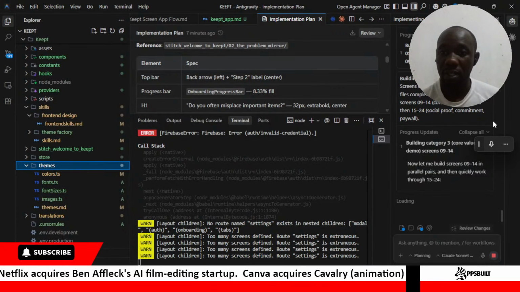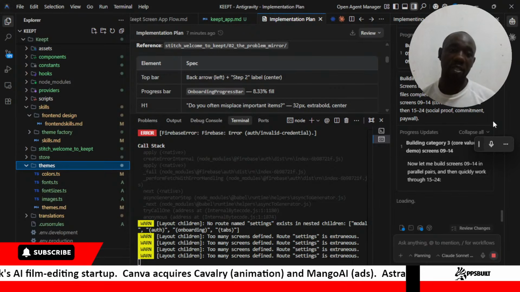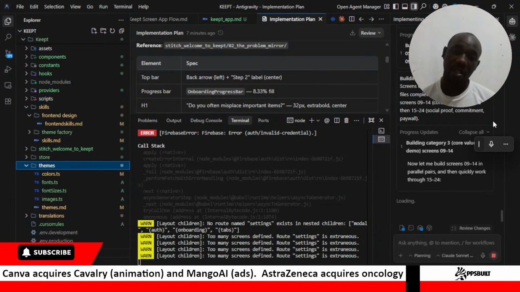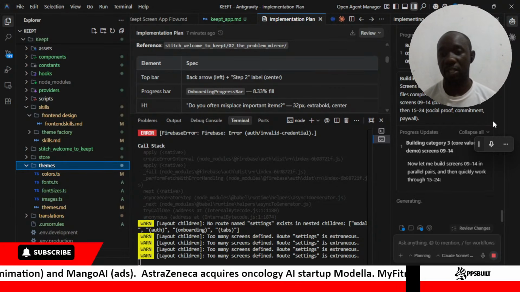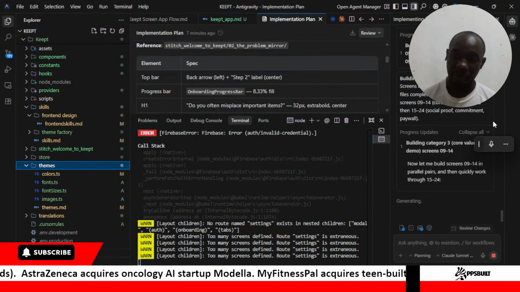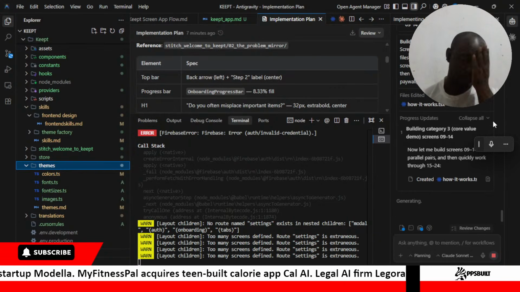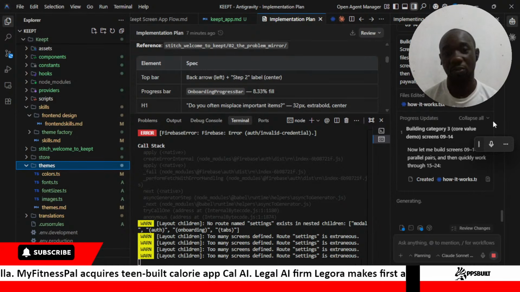So what it did, first of all, it worked on the translation logic that was supposed to be set up, and then it's systematically setting out these screens the way we want them, and then from there we shall review what it has done and get to see how it has implemented each and every screen.